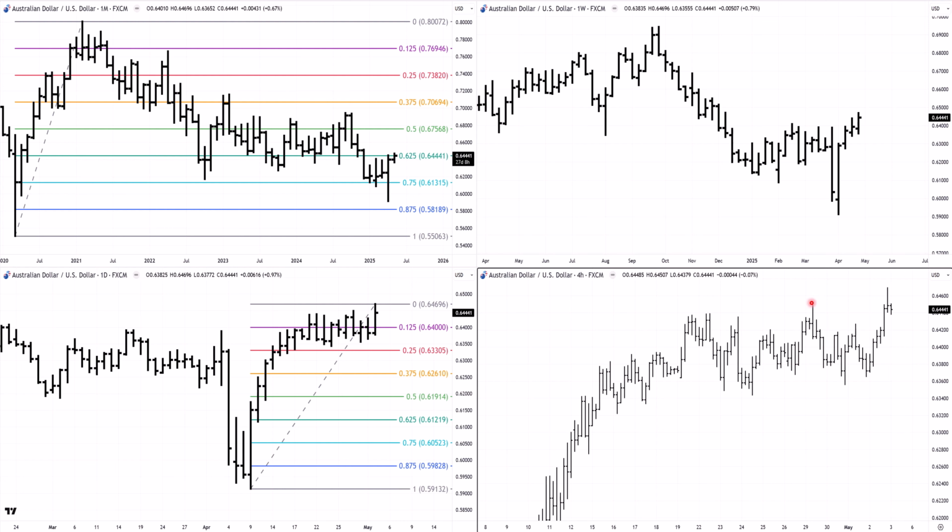Did the same thing on the hourly chart. Markets do have a fractal element to them. It had a run down and then it really struggled to go any further. It was a little bit of a death by 1,000 cuts for those who were in short. You just had that sense that it was going to fail, and it did fail this week, and it has turned around and shot up.